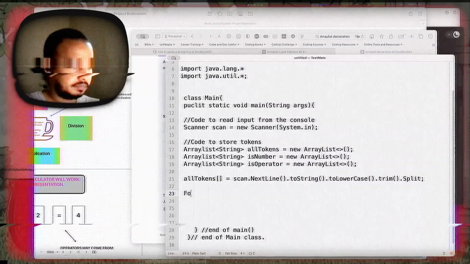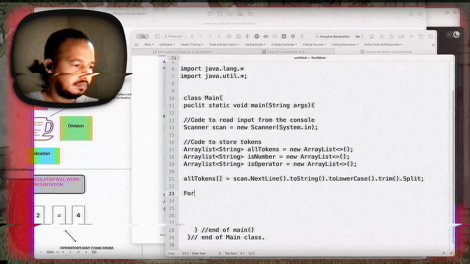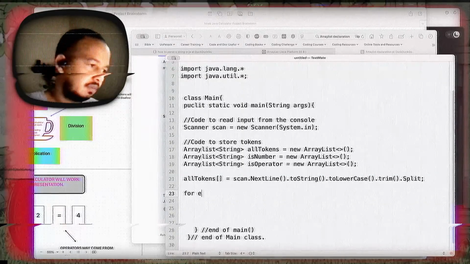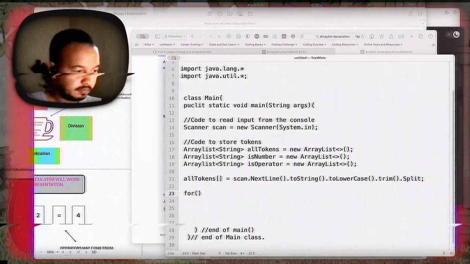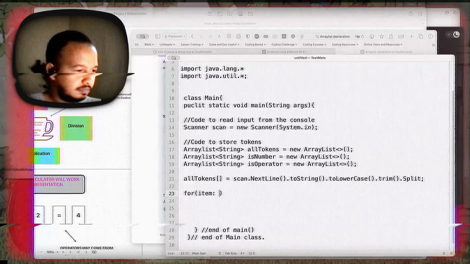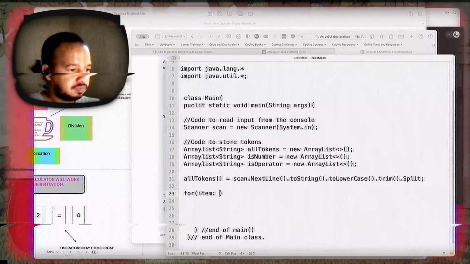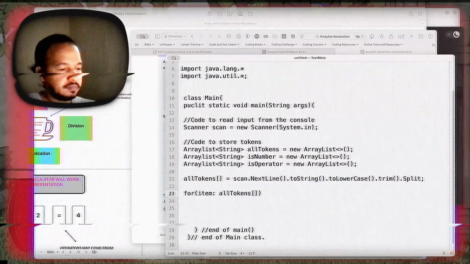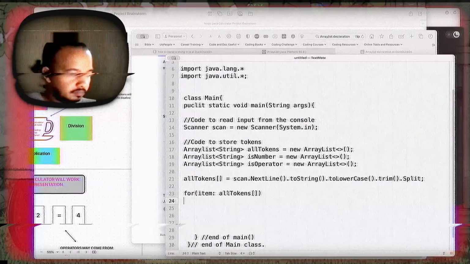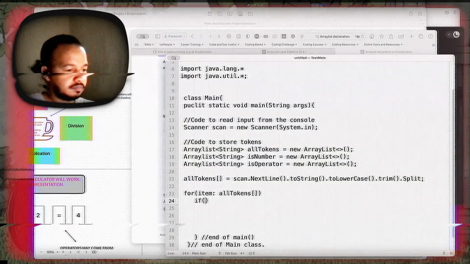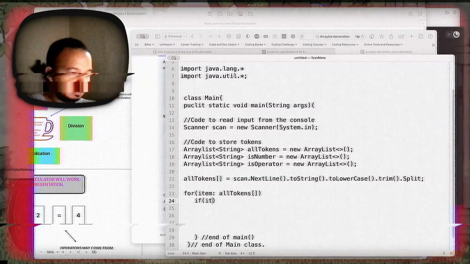Let me see. I need a for each loop. For item in tokens, item